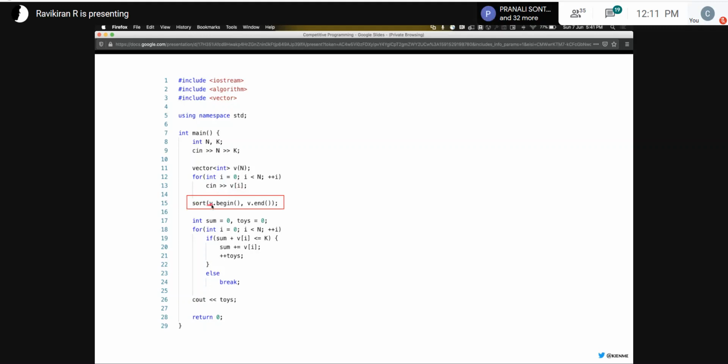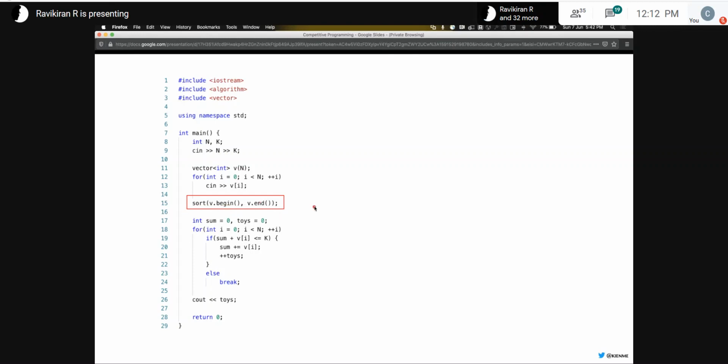To sort, we just call the sort function. What is slightly different here is the calls to begin and end. These are iterators. You can use those for traversing through elements in a C++ STL container. You won't need to know this, but to help you sort, all you need to know is you need to pass begin and end as parameters. Once you start using STL more and more, you'll be able to understand why these are used.